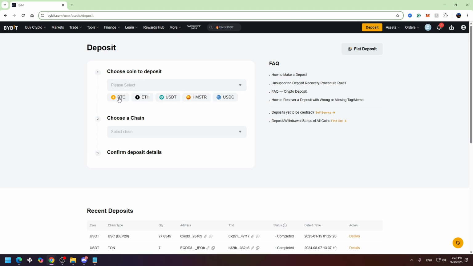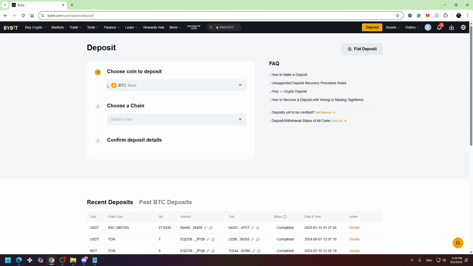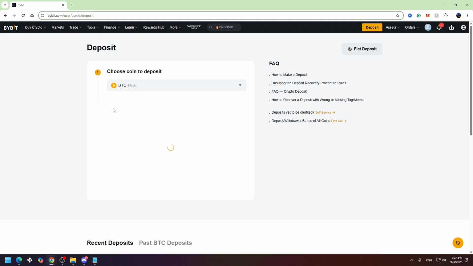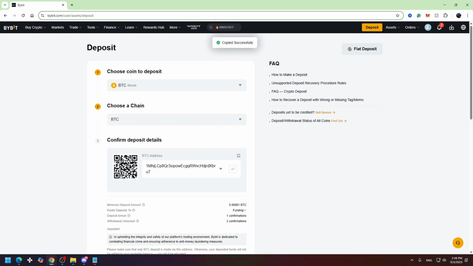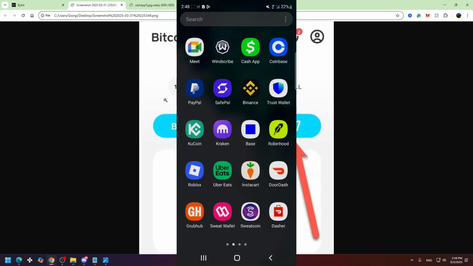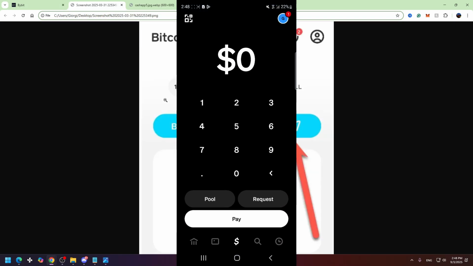Right here, you need to select BTC Bitcoin and you need to choose the network, which is BTC right here. And you need to copy the wallet address, and after that you need to send the Bitcoin to your wallet address from Bybit. After that you need to open your Cash App, click the bank icon in the bottom left